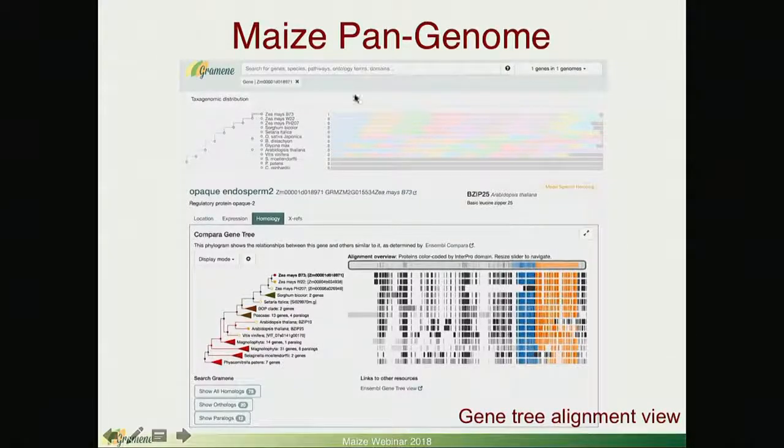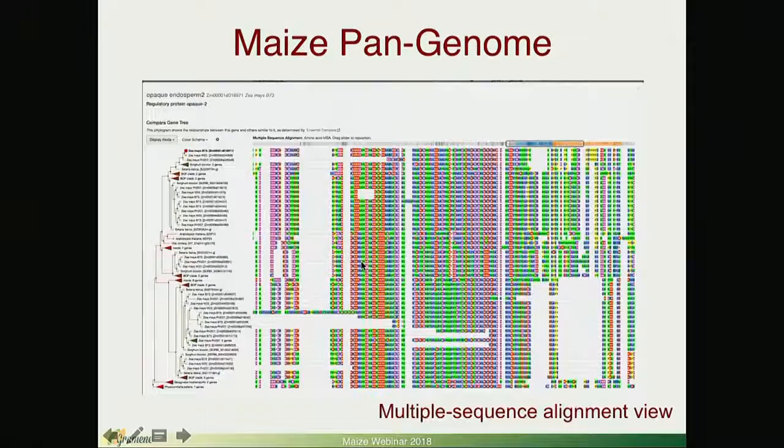So similar to Gramene, the Midspan Genome allows you to have gene tree alignments. Here, these can be chosen under the homology tab of a search. You can choose between 3 different kinds of displays. Here is shown the gene tree view, but you can also go to the multiple sequence alignment under the display mode and look at the amino acid level